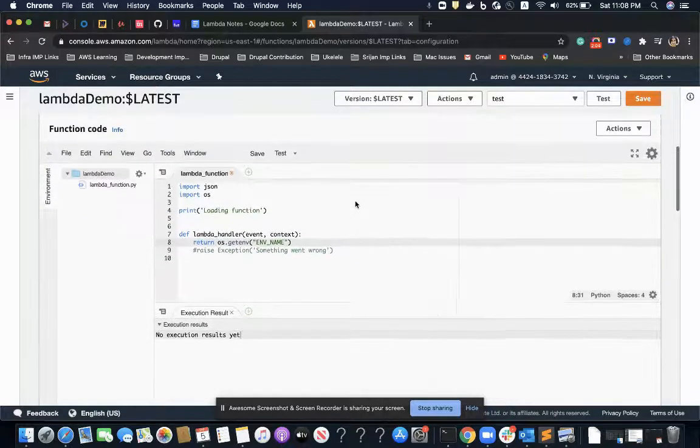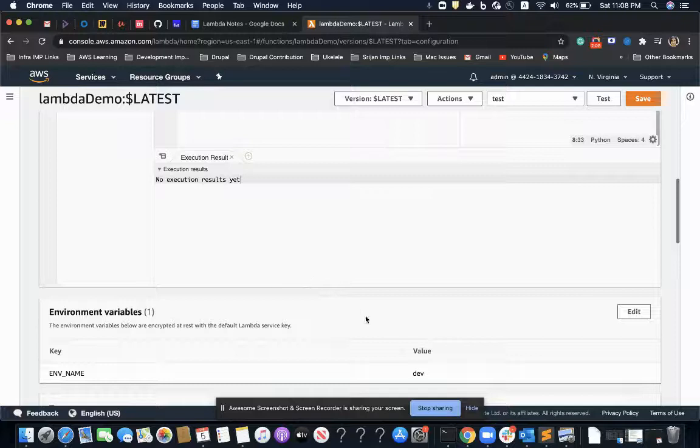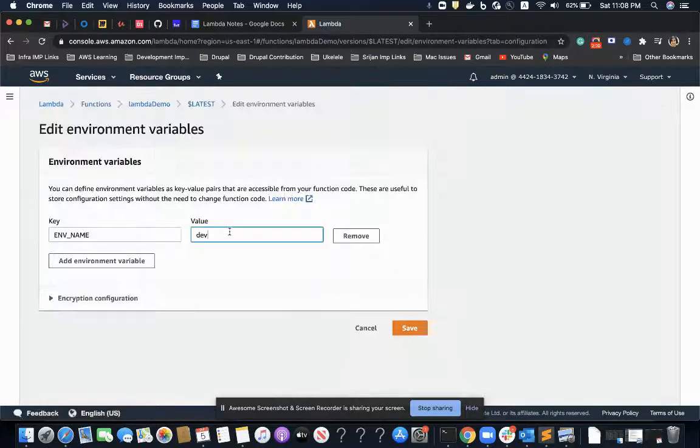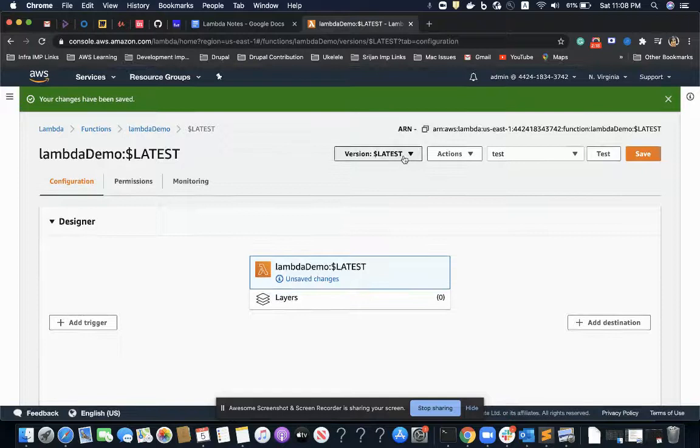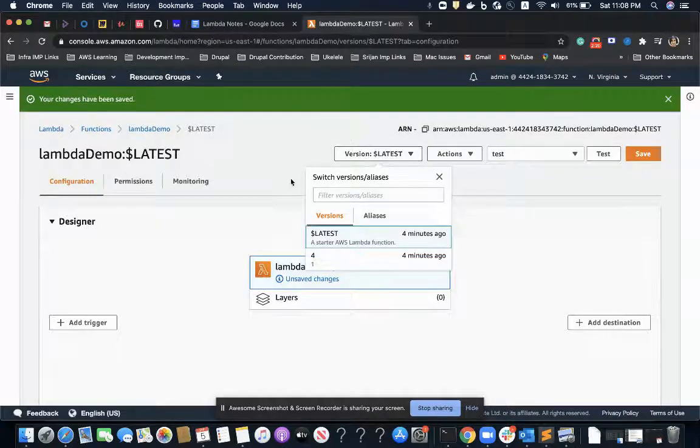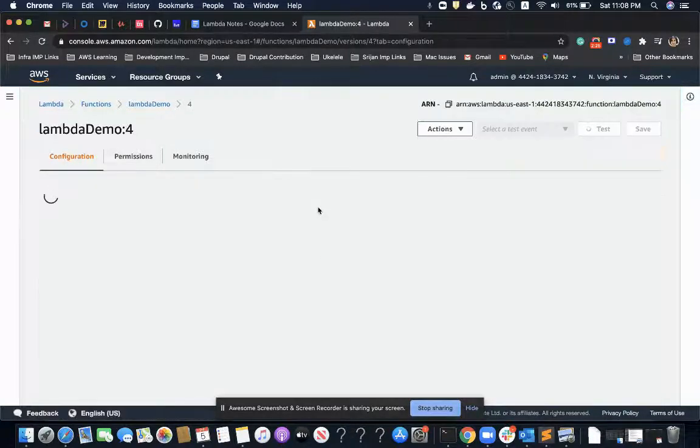So I'll go and change this environment variable to, let's say, development, and save it. Now I want to reflect this change to this version, but I cannot do so.